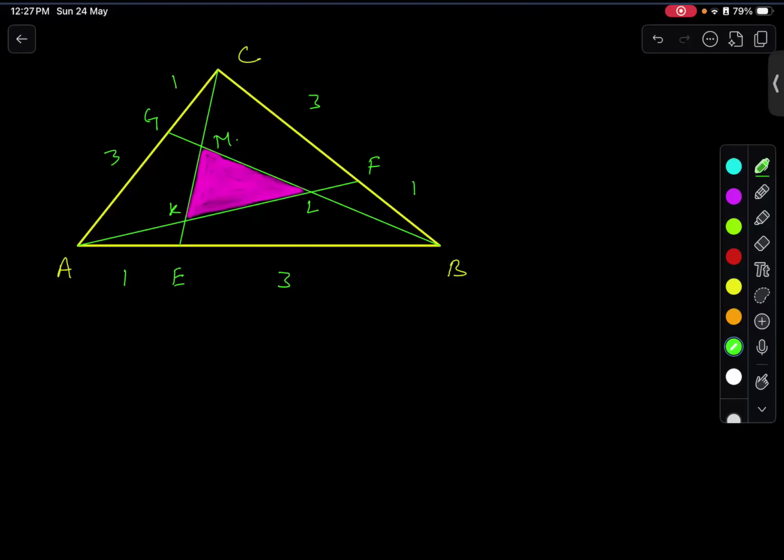The area, what is this 2, Rishikesh? What is this 2? The area of ABC we have to consider as 1. Okay. Then we have to go for